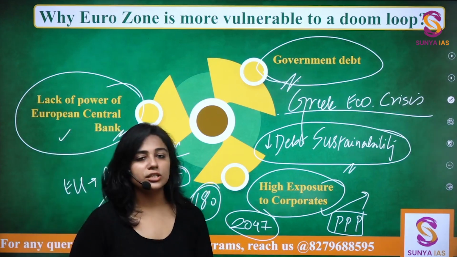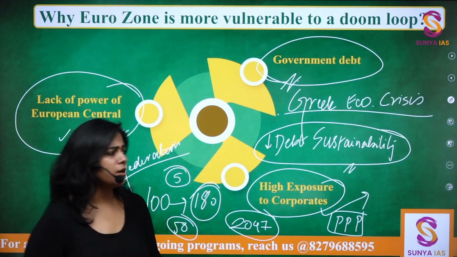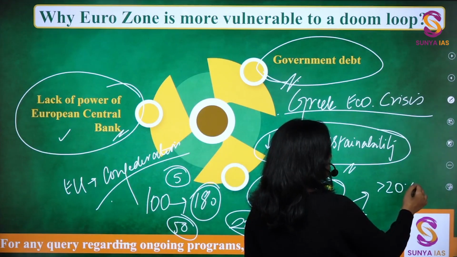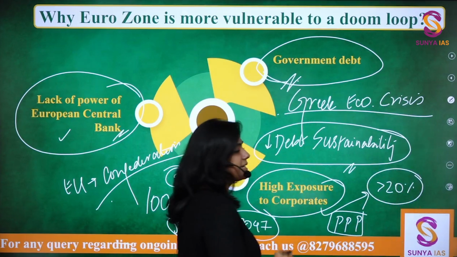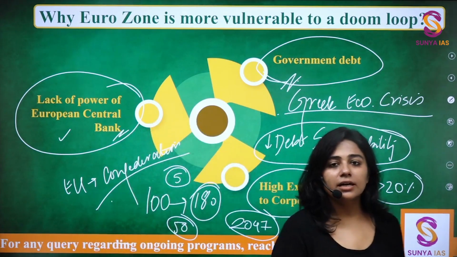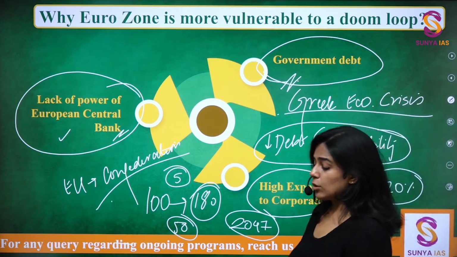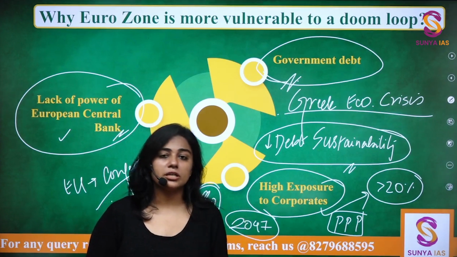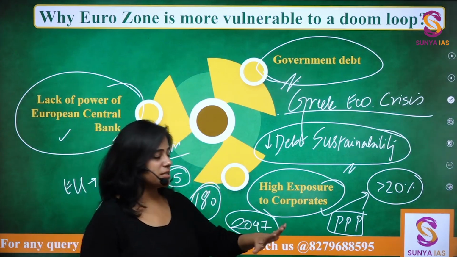They create infrastructure with private companies together. So right now, more than 20% of European Union debt is with the corporate sector, and that is why, because the corporate sector is also facing a lot of flux, the startup culture and everything, and this will always remain